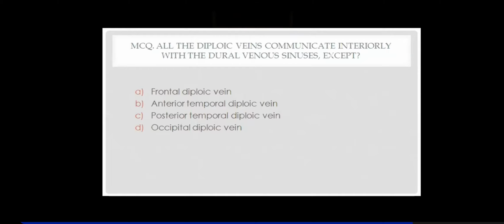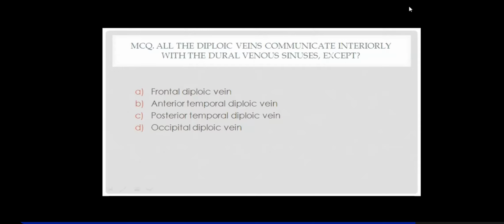Then, in case of diploic veins, now diploic veins travel either the inner table or the outer table, right? So mostly, generally, they pierce the inner table and drain inside into the dural venous sinuses. Sometimes, they might perforate the outer table to drain into the veins of the scalp. The purpose here is that hemolymphopoiesis is carried on in this marrow between the flat bones. The newly formed blood cells have to be brought into the circulation through these diploic veins. So, as I told you, mostly diploic veins drain inside into the dural venous sinuses.